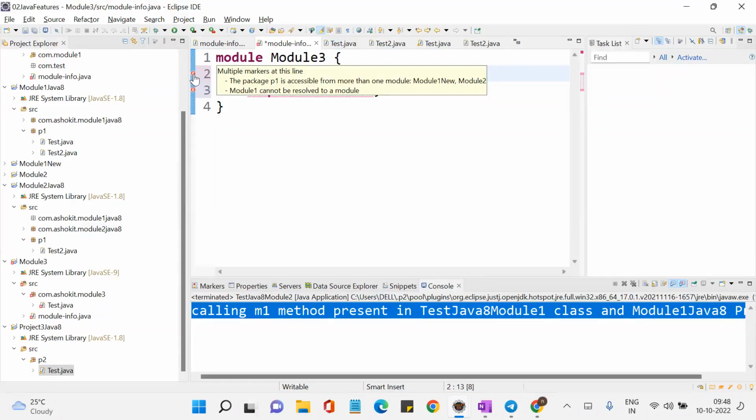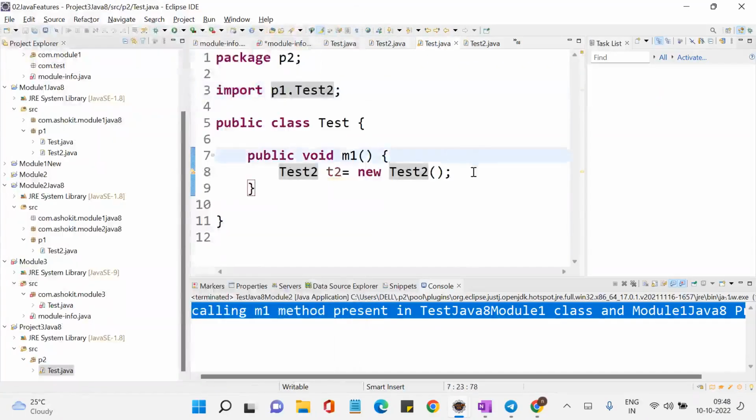Hope you guys understand. At the compile time itself, it is showing an error in Java 9. Compile time means, in Java 8, it gets evaluated whenever you run the program. See here, when I say Test T2 equal to,